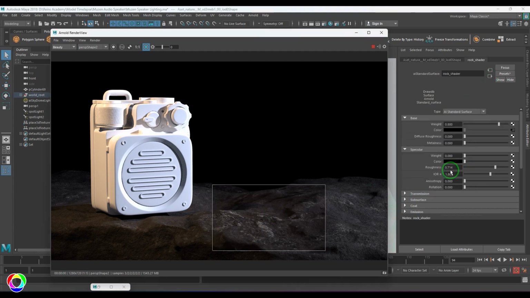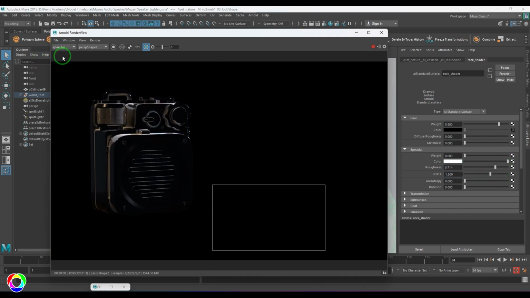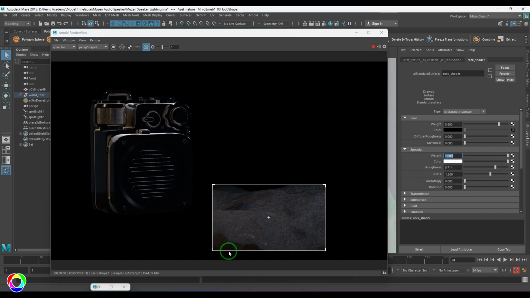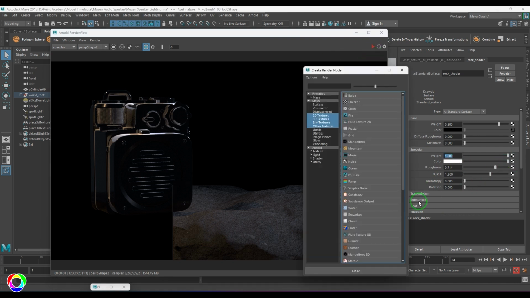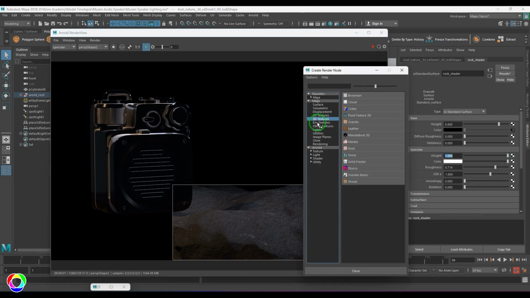So once that is done, you have the specular color. Okay, specular color is basically giving me the shine. So let me put the weight on, and then this is the shine what we have. Breaking up specular highlight can add more character to it. So we can do one thing, just connect any 3D texture. It will generally not consider the